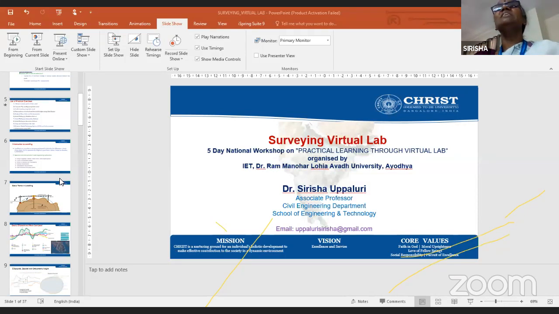So 0 meters means you are at a benchmark, that is the 0 meters chainage. Then you take an intermediate sight, say at 20 meters. At a 20-meter distance you have kept a staff, that is the 20 meters chainage. Then the next intermediate sight is at 30 meters. From one staff position to the other staff position, the horizontal distance measured is called the chainage.